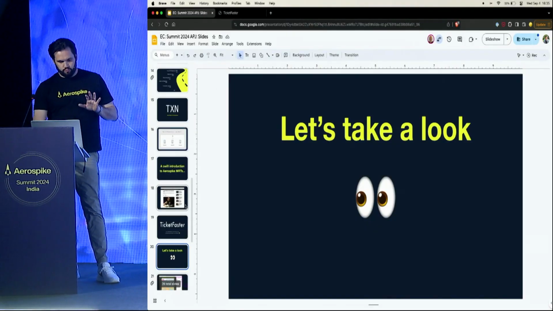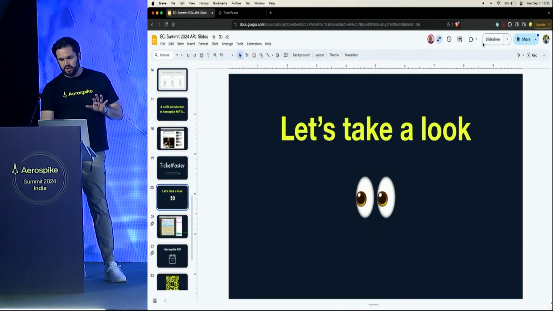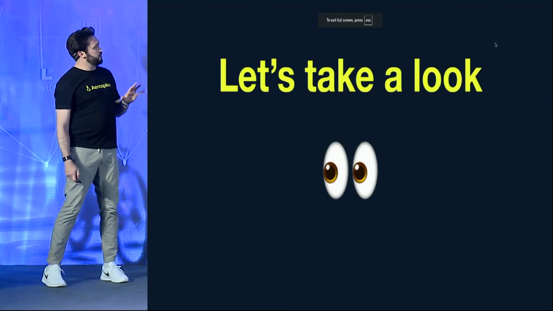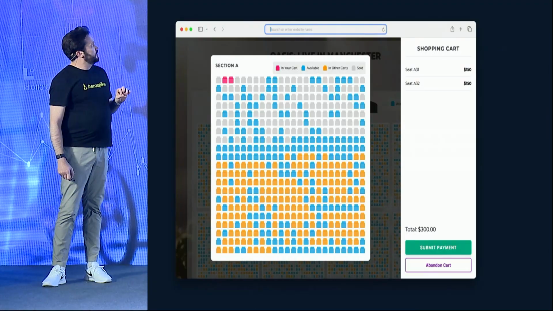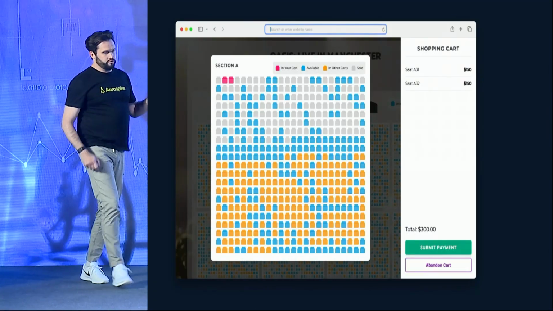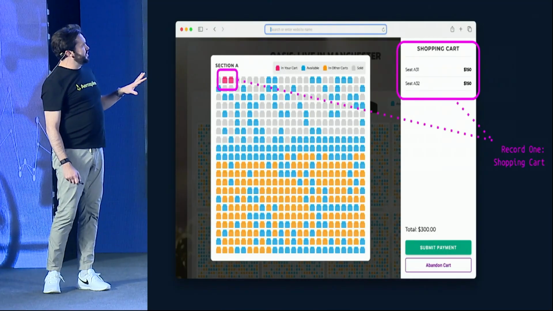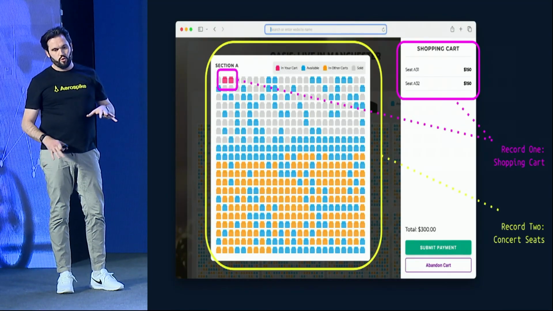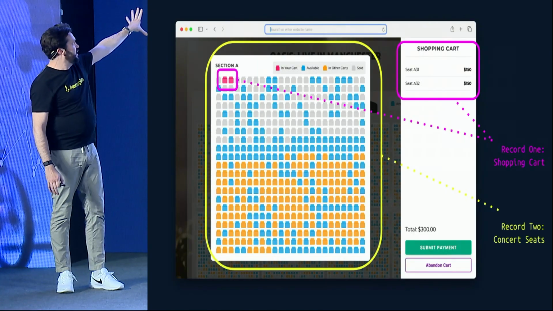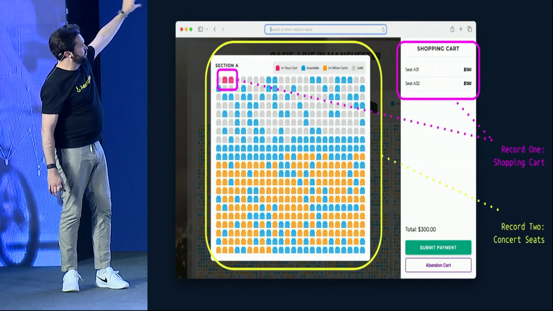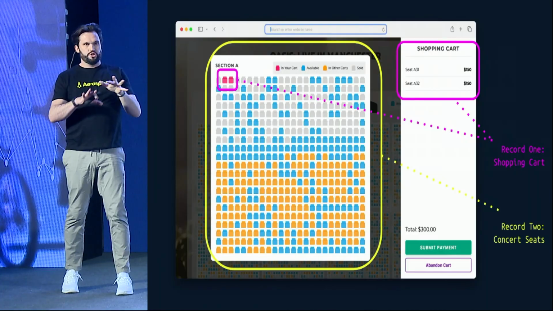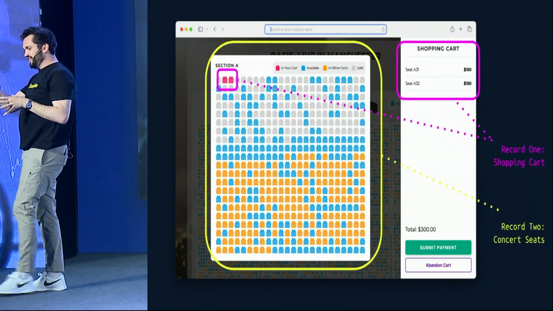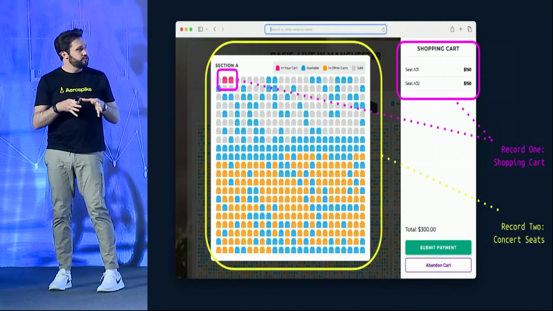That is what we're going to ship with the early access to Aerospike 8.0. As a reminder of what we saw here, we're using 1 record to model customer shopping carts and another record to model seats. Actually, we're modeling at the row level, but this ensures that we don't get into a situation where you can put something in your cart but can't purchase it.